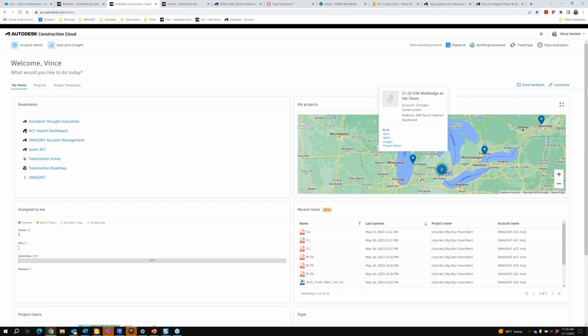Yeah, great feedback. I don't think that we can customize this to show the weather in this little heads up display. You can jump directly to the insights page, but that would require you to click on the project. So from what you're saying... Yes, is there any way to overlay? Not currently, but